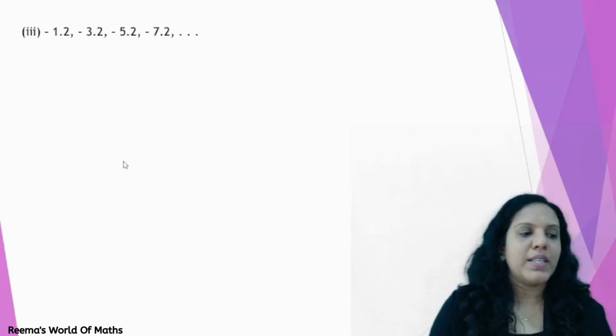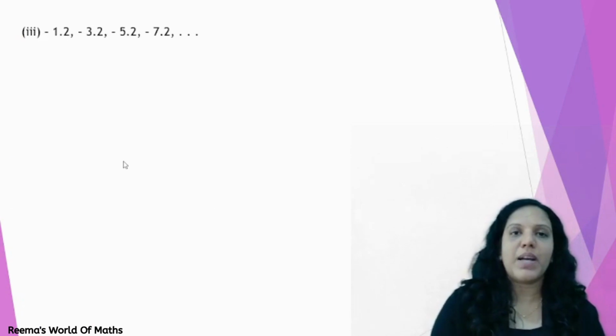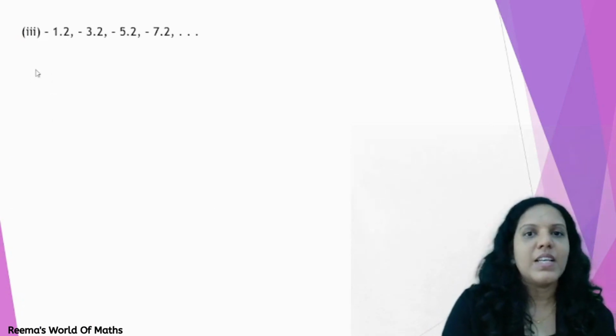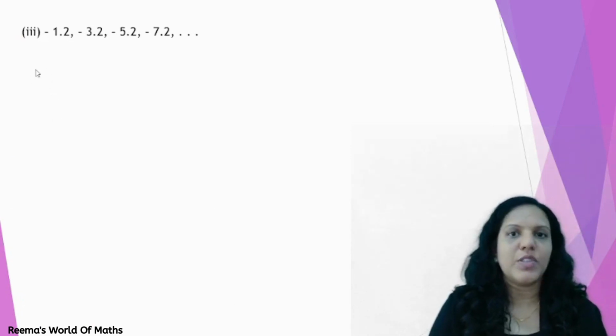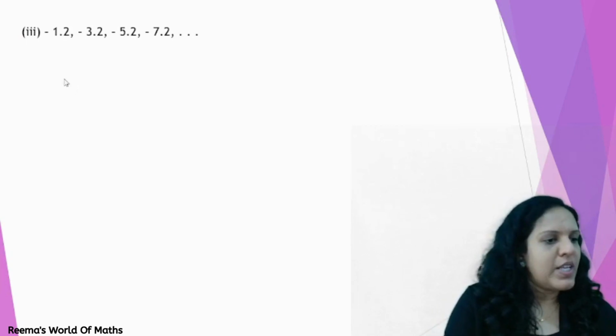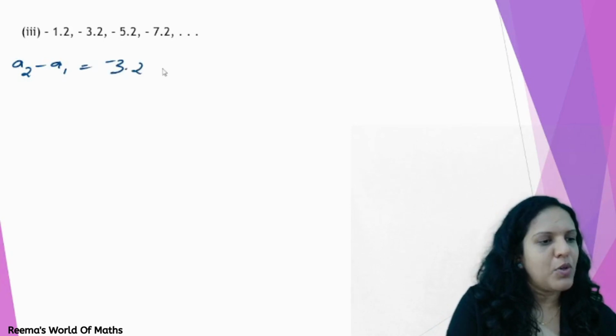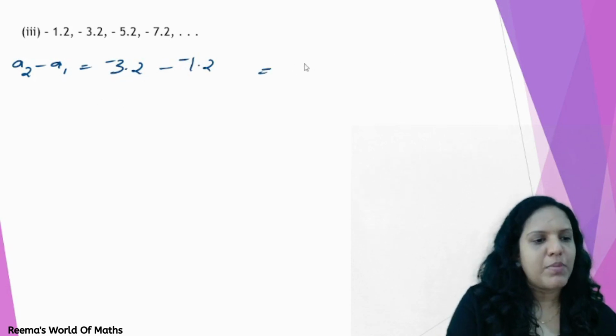Minus 1.2, minus 3.2, minus 5.2 and minus 7.2. So let's see if the difference between each consecutive term is common. Then we will see whether it is an AP. A2 minus A1 equals minus 3.2 minus minus 1.2, which is minus 3.2 plus 1.2. So that will be